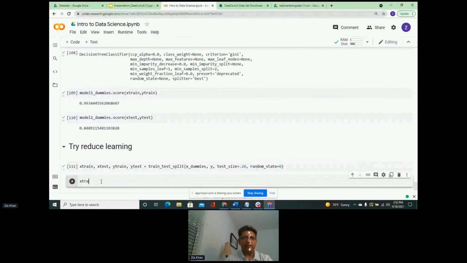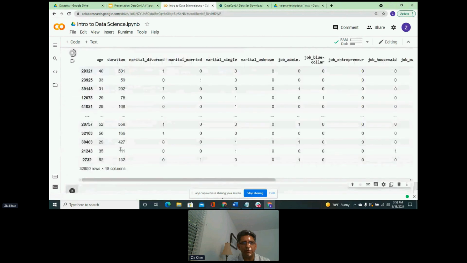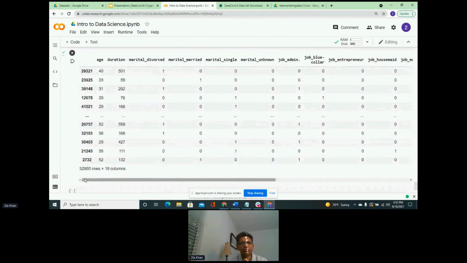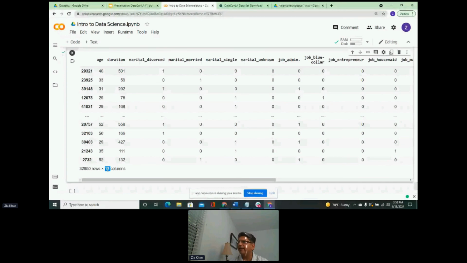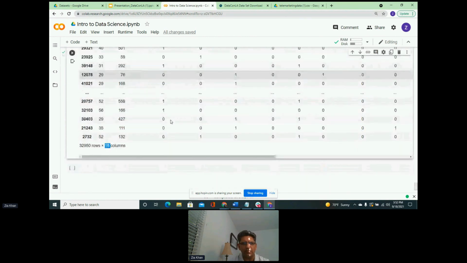And just to make sure that the computer did what we wanted it to do, this is the X-train data set after the split with 20%: 32,950, exactly what we were looking at. And this is 18 columns now, the one where we saw the worst of the accuracy. So we have these 18 columns in the train, so that means that everything is good here.